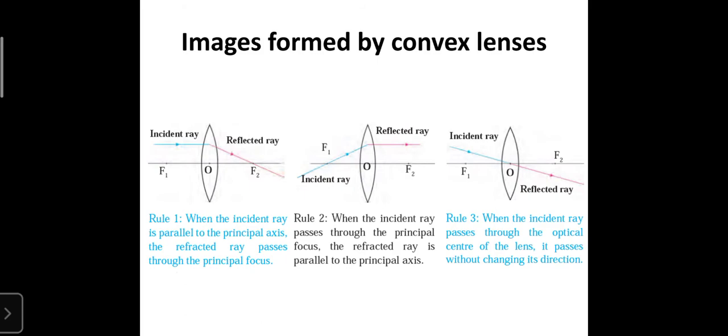The second rule is, when the incident ray passes through the principal focus, the refracted ray is parallel to the principal axis. And the third rule, when the incident ray passes through the optical center of the lens, it passes without changing its direction. Now here, the first rule